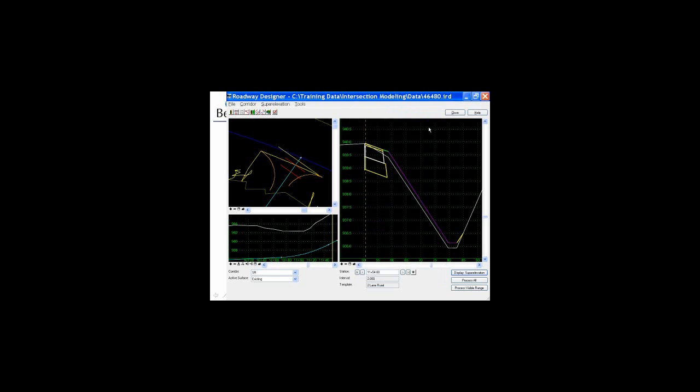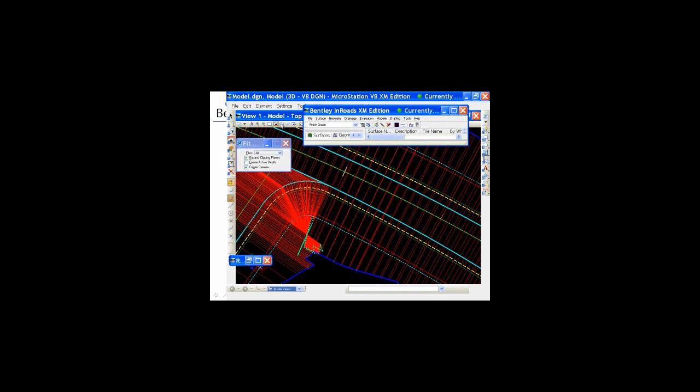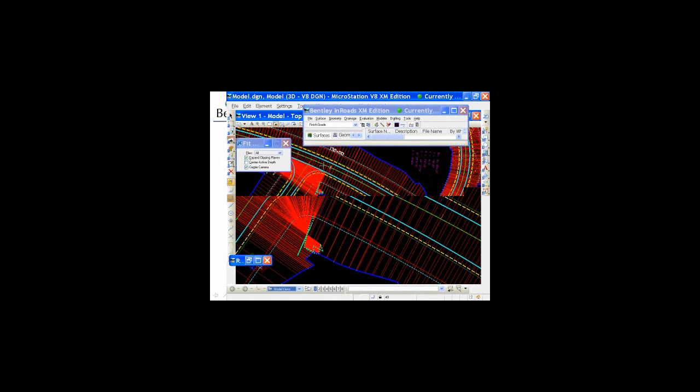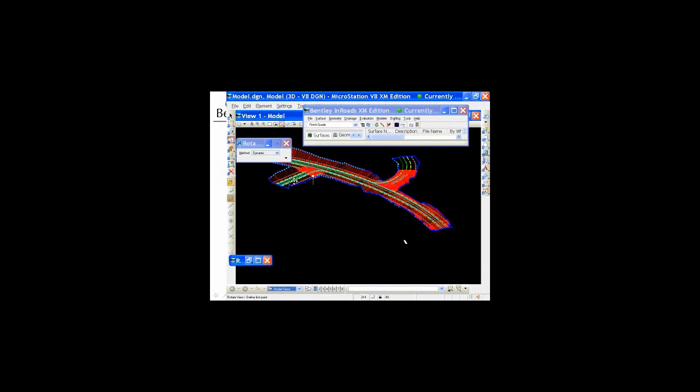So let's take a look at our results. I'm going to minimize my Roadway Designer, zoom out a little bit, and pick up my model once again. I don't know how many people out there do this, but this is really a good way to check to see, does everything look all right? And as you can see,